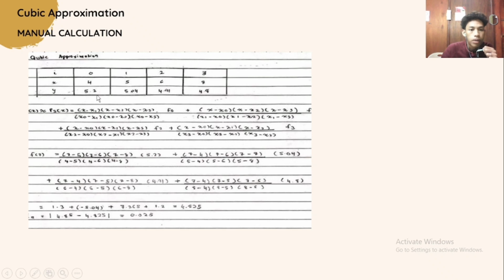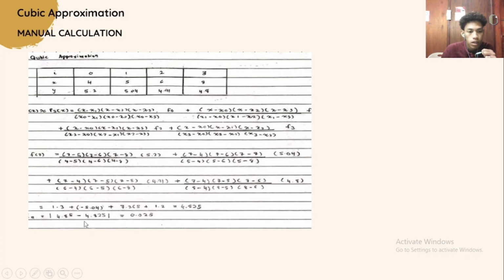month of April. So we need to plus this equation, and then plus this equation, plus this equation, same as before. And then we got the first equation is 1.3, and then plus negative 5.04, and then plus 7.365, and then plus 1.2. So it is equal to, this one is an approximation value, 4.825. So we need to find, as usual, the